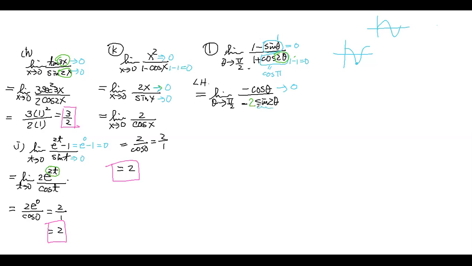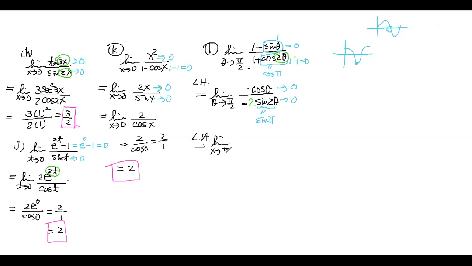Now sine 2 theta, what does this become? This becomes sine pi, right? Sine pi will become 0 also. Oh boy, I got a 0 over 0. So what do we need to do? You need to do L'Hopital's rule one more time. So it's the limit